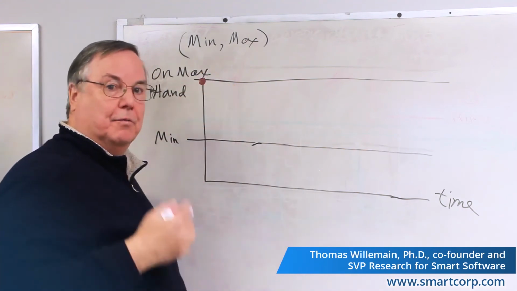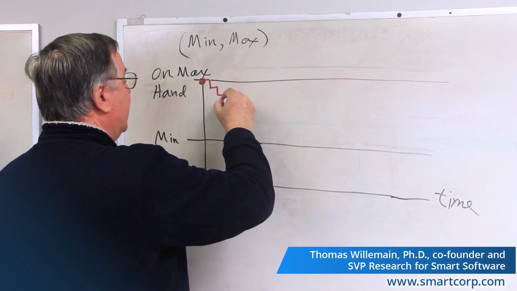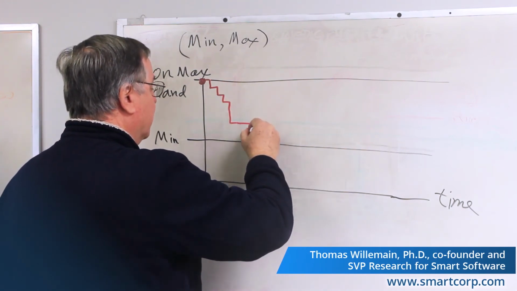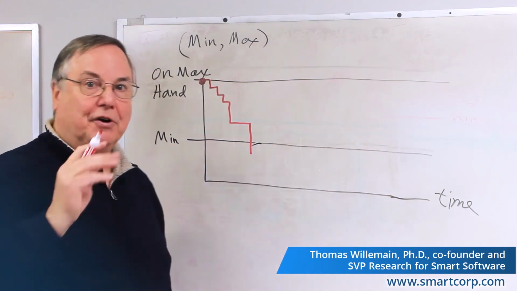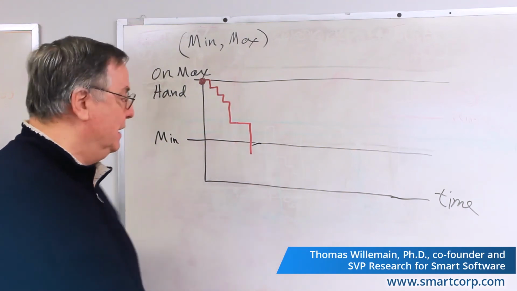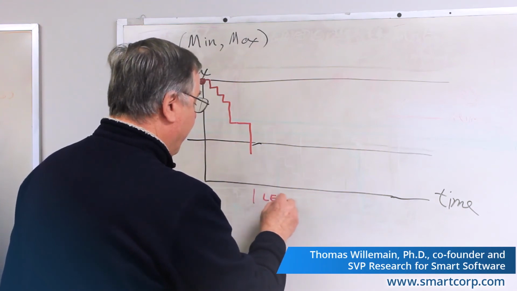And again, randomly, demand will arrive and push us down. Maybe there's a large order, maybe it's quiet, then we get another large order. And at this point, we've crossed the min, so that's our signal to get more. And again, there's going to be a lead time before